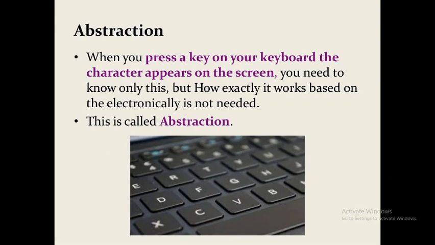That is one of the simplest examples of abstraction. I have so many keys on the keyboard, but the keyboard only shows the character which I am pressing. So the keyboard is abstracting the character which I am pressing from the other buttons. It does not show the other characters on the screen. It only shows the character which I pressed on the keyboard. That is one of the simplest examples of data abstraction.